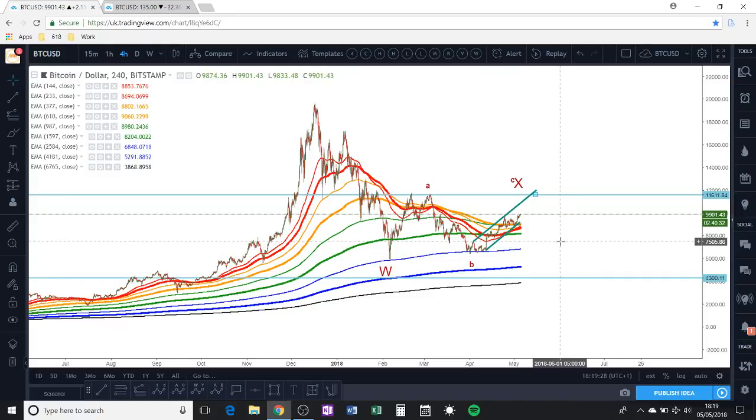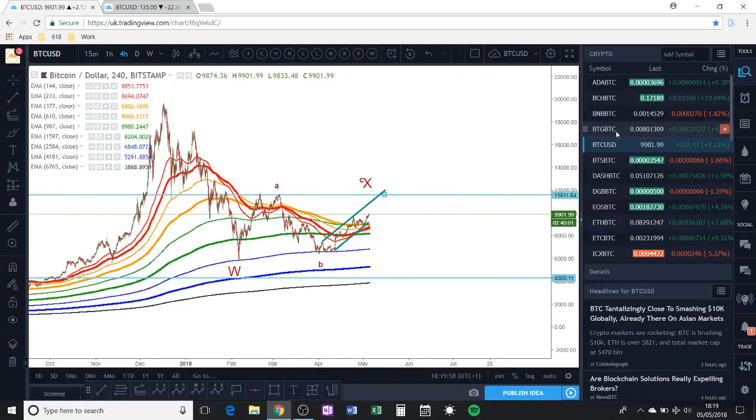So I'm expecting price to come up to here. Then we're going to see a wave Y start to form, and it's probably going to be in a zigzag fashion, retesting this thin blue line. However, it could come down lower. We'll have to see. As I say, the 25th of August is where I expect things to turn around and Bitcoin to become bullish. So that's Bitcoin, and now, as I said, we're going to just touch on Digibyte as well.